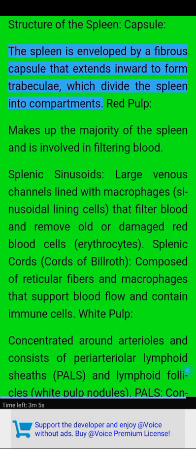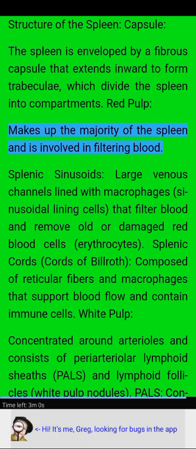Structure of the spleen, capsule. The spleen is enveloped by a fibrous capsule that extends inward to form trabeculae, which divide the spleen into compartments. Red pulp makes up the majority of the spleen and is involved in filtering blood. Splenic sinusoids, large venous channels lined with macrophages, sinusoidal lining cells that filter blood and remove old or damaged red blood cells, erythrocytes. Splenic cords, cords of Billroth composed of reticular fibers and macrophages that support blood flow and contain